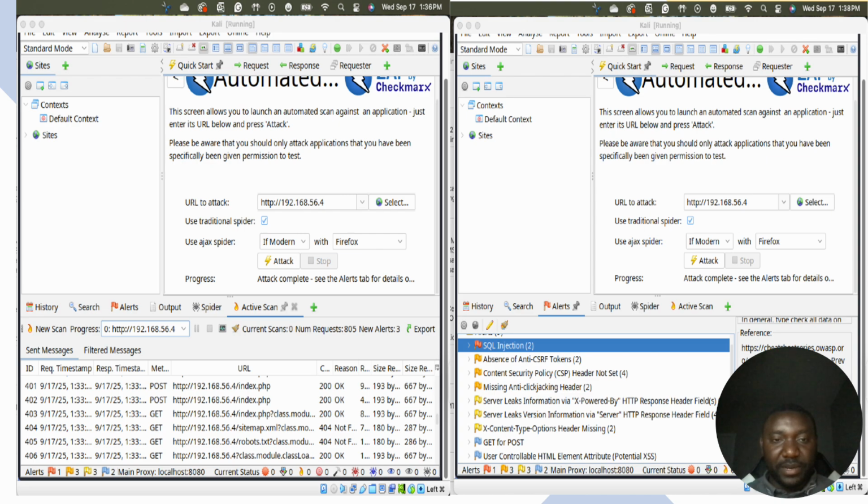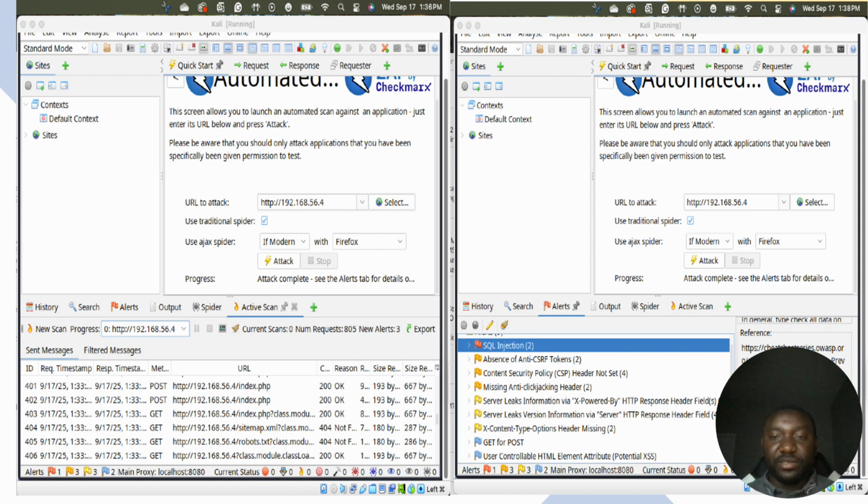Looking at the active scan tab, we found that the robots and the sitemap were not found, but by going to the spider tab, we were able to see that they were present. On the right side, in the alerts, we found nine alerts, such as